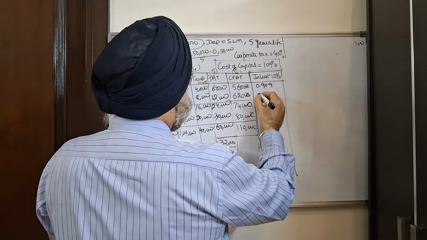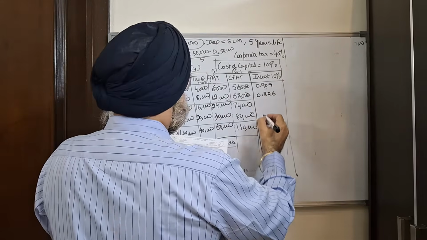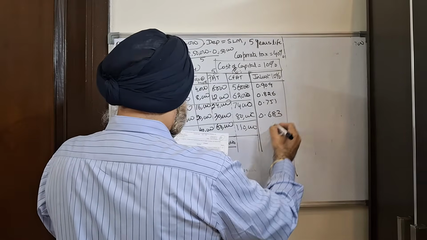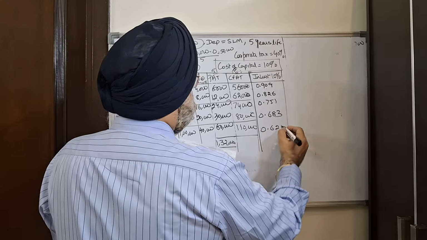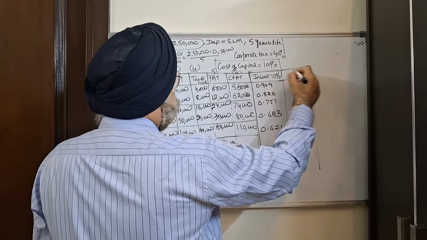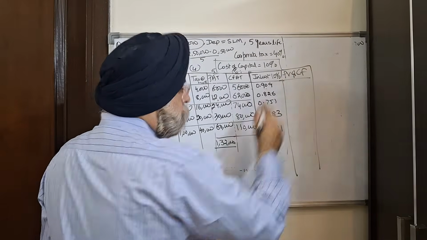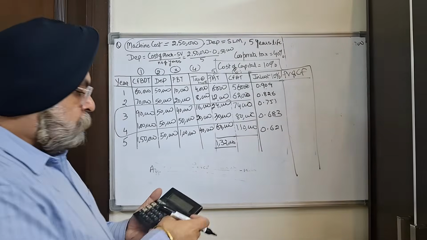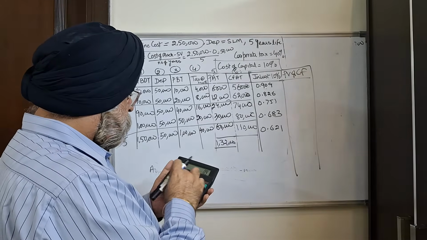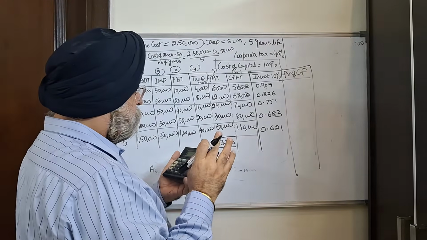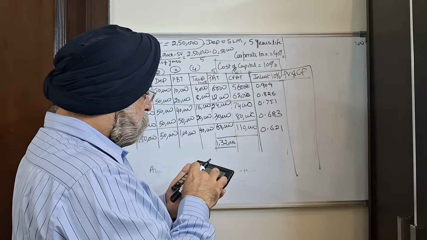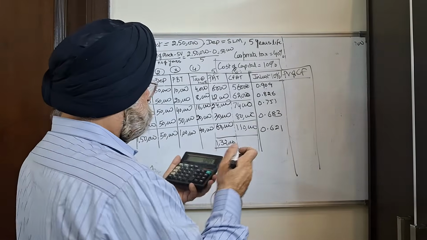0.909, 0.826, 0.751, 0.683 and 0.621. Now we will multiply the cash flow with their respective factors, and we will get present value of cash flow. So 56,000 multiplied by 0.909, it is coming to